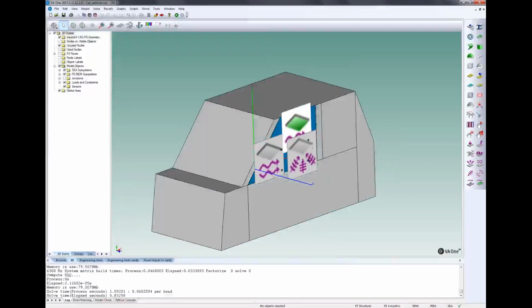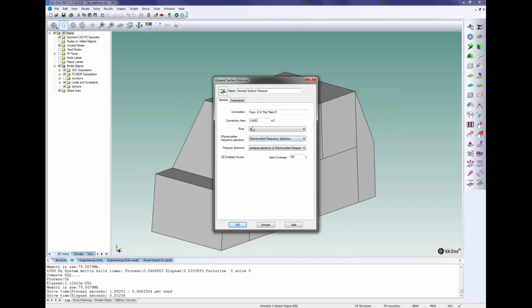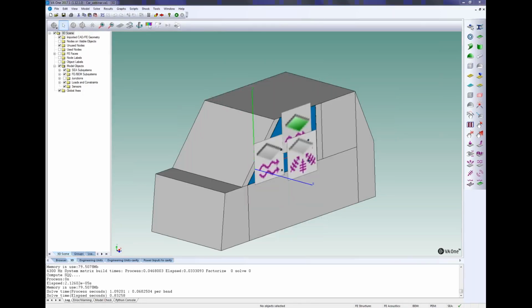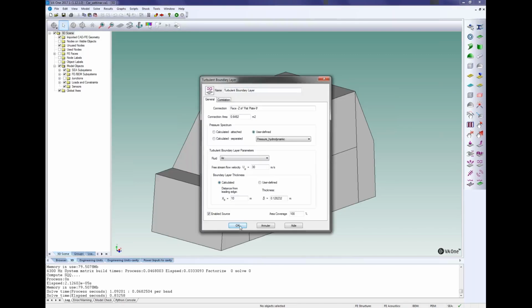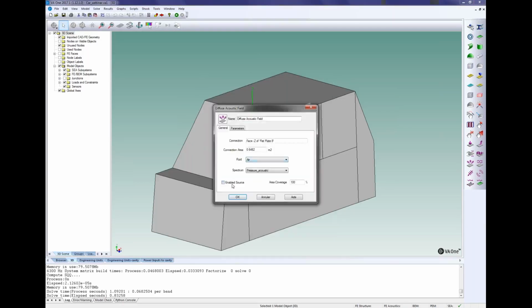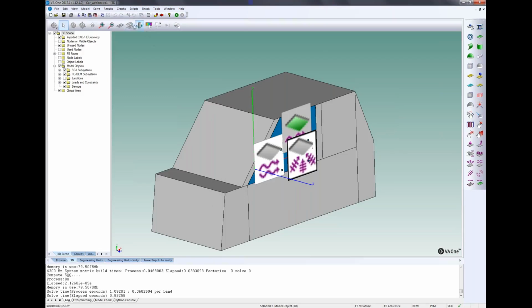What is interesting is to take a look at the coupled turbulent boundary layer and diffuse acoustic field. I will deactivate the general surface pressure load, reactivate the turbulent boundary layer and diffuse acoustic field, and run the computation again.